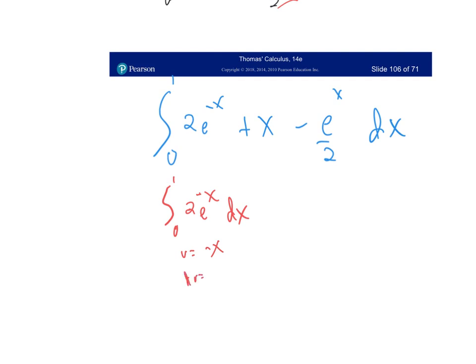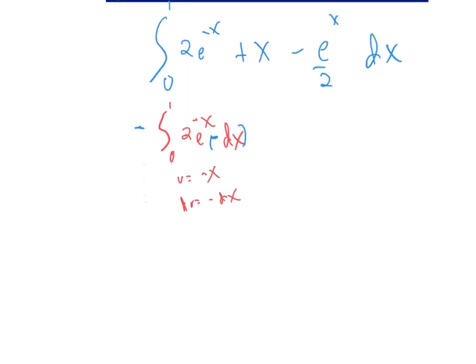Du would have to be a negative dx. I don't have a negative dx, so I put it negative. There it is. Cancel it out over here. This piece gives me, well, that turns into integrate. Better not do this yet. Let me erase that